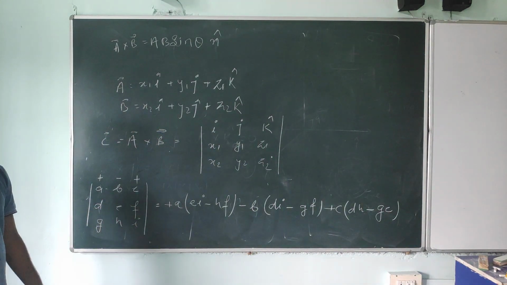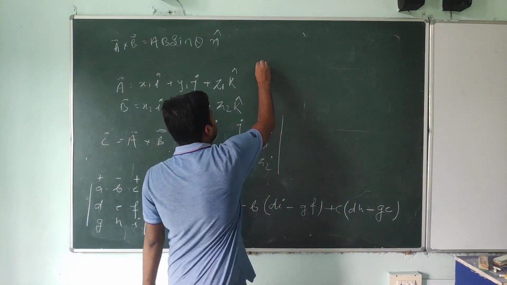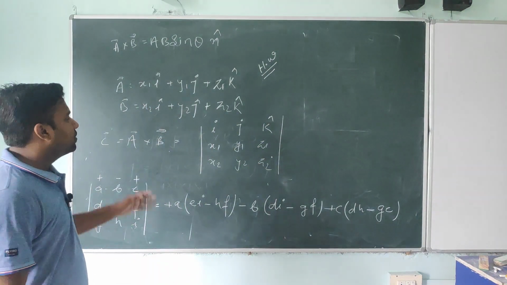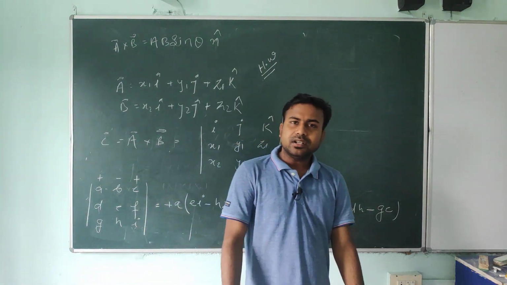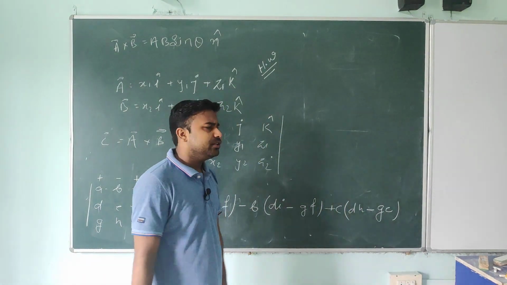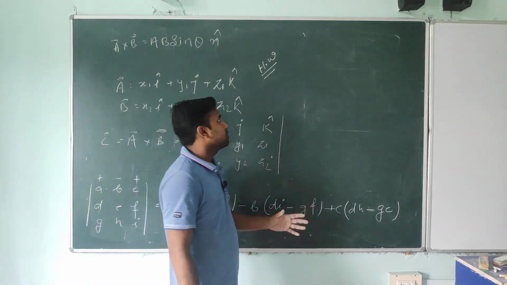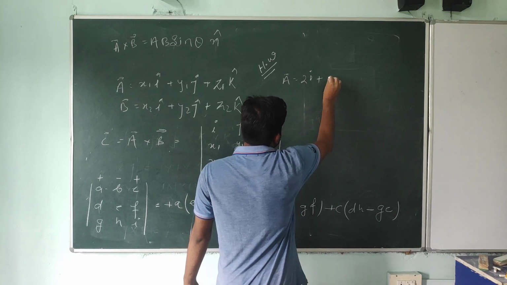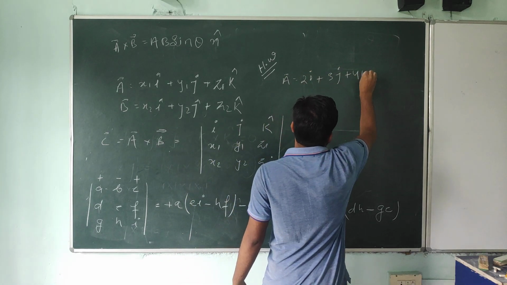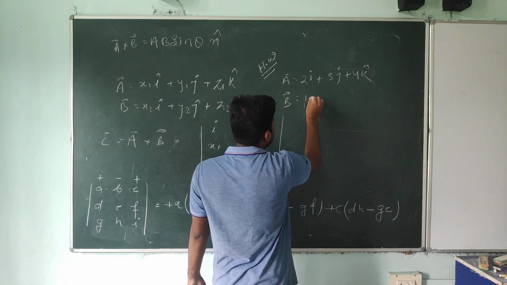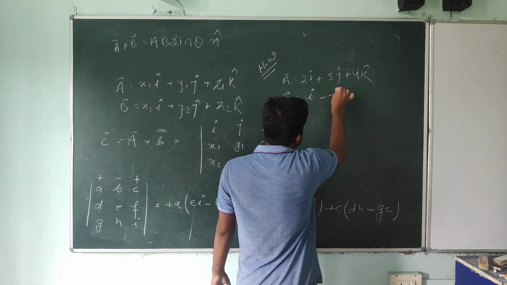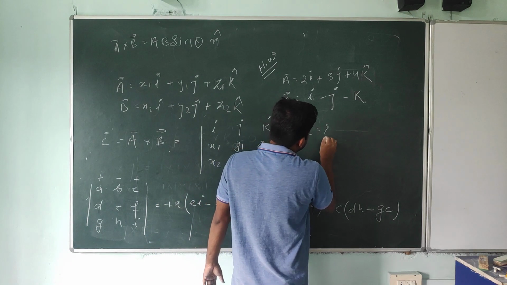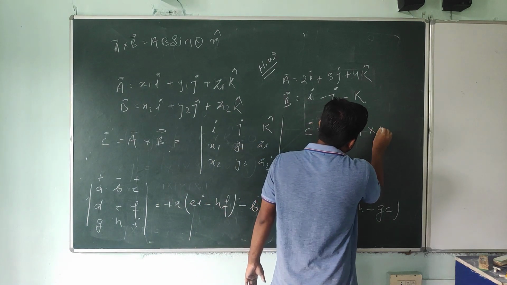Okay. Now I am giving here the homework question. Homework question is what, student? Again, one lecture I will take on this vector. Then in that lecture I am going to mainly discuss the questions based on this concept. So for homework, I am giving you: the A vector is 2i cap + 3j cap + 4k cap, and the B vector is 1i cap - j cap - k cap. Okay, and what you have to find? The C vector, and C is A cross B. Everyone try this question.